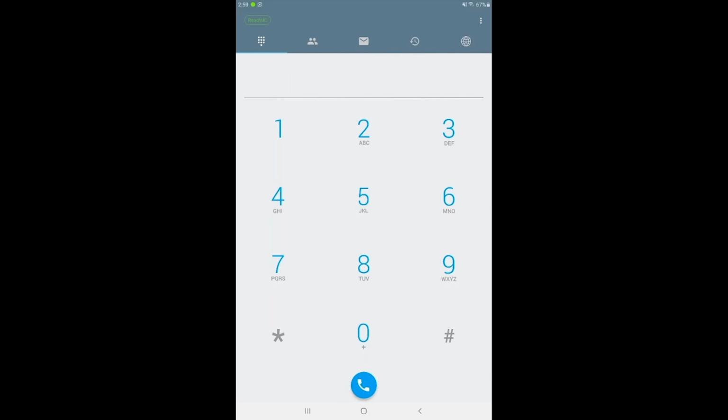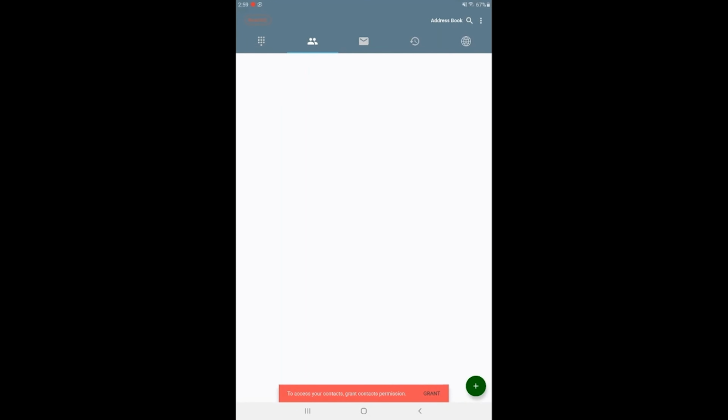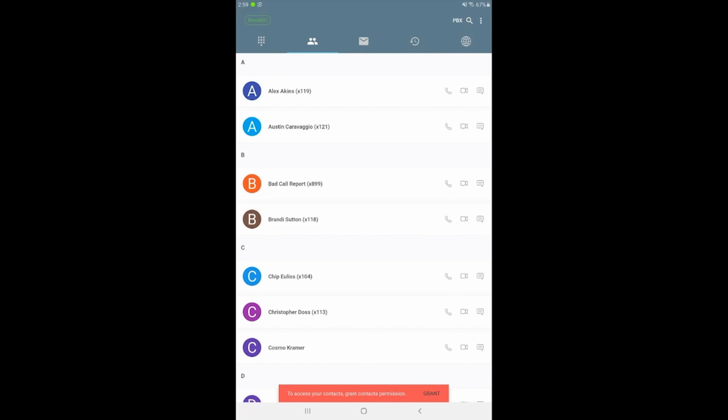If you dial out of the app, it's going to go out as your main business phone number. Over here on the People tab, you're going to see it doesn't have access. I can give it access down at the very bottom. In the top right-hand side, one note I did want to make here is it says address book. You can click that and you can change it to PBX, which means it's going to show you all of